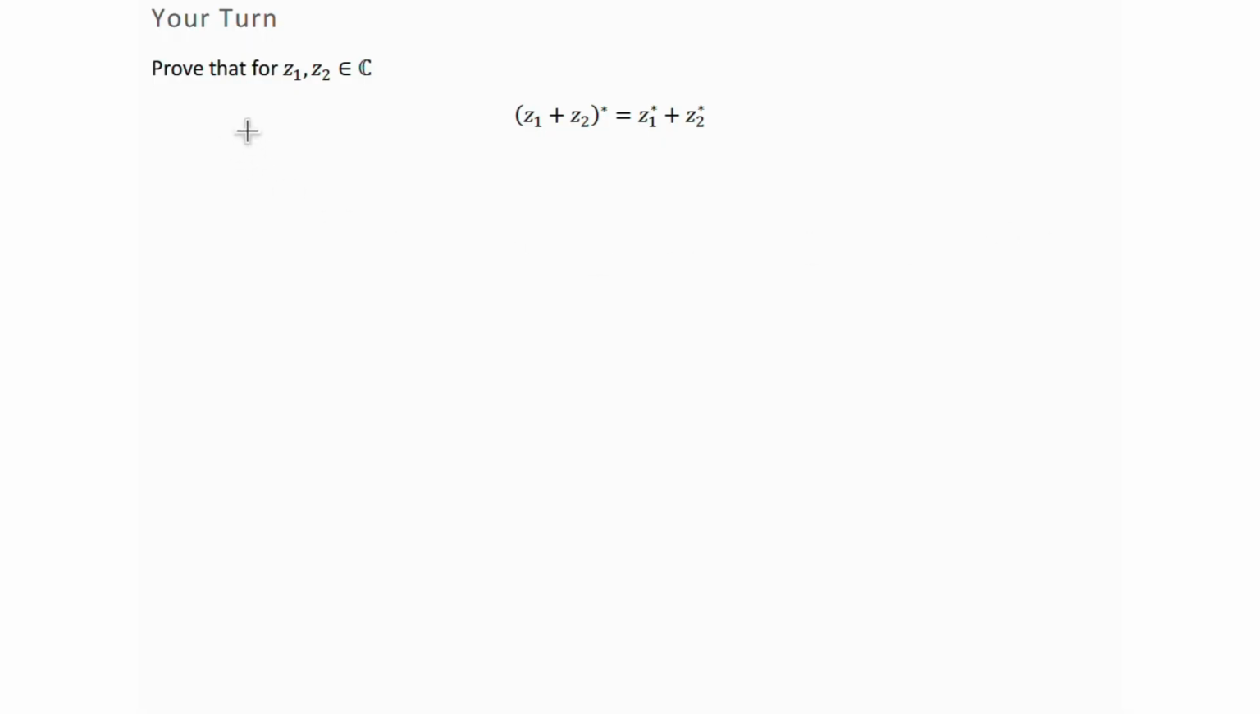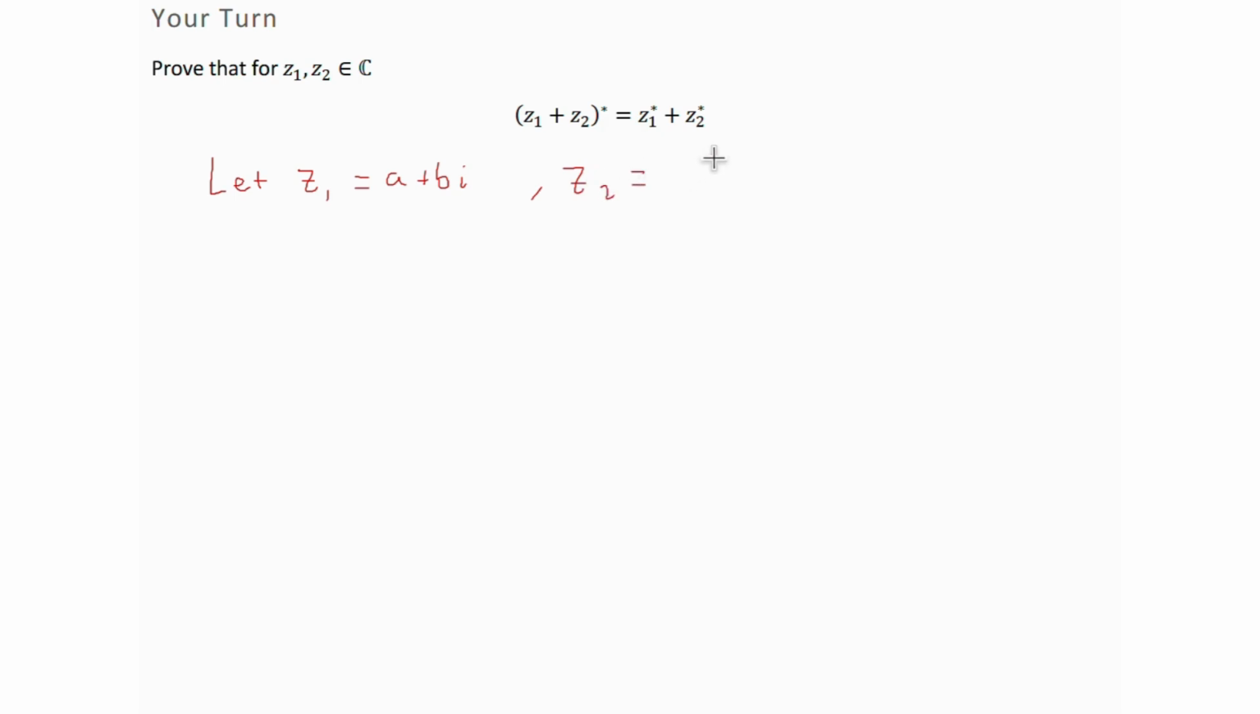Prove that for Z1 and Z2 in the complex numbers, the sum of those two, Z1 plus Z2, and then take the conjugate of the answer, is the same as taking the conjugate of Z1 and adding it to the conjugate of Z2. So to do this, we're going to let Z1 be A plus Bi, some random complex number,